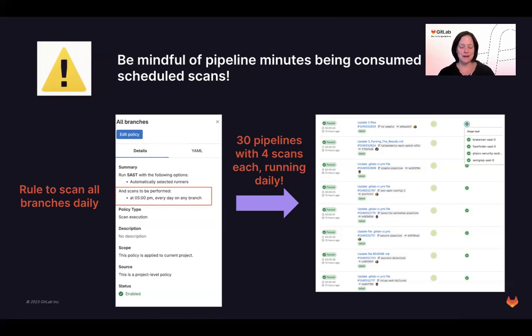The SAST scan, because of my repository, is actually 4 different analyzers running in this case. And I had 30 branches. Many of them were very old, stale branches, but I had 30 branches in my repository. So I kicked off 30 pipelines, each with 4 scans, that ran daily from the time I enabled that policy.